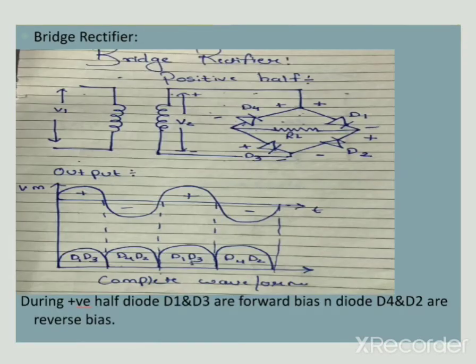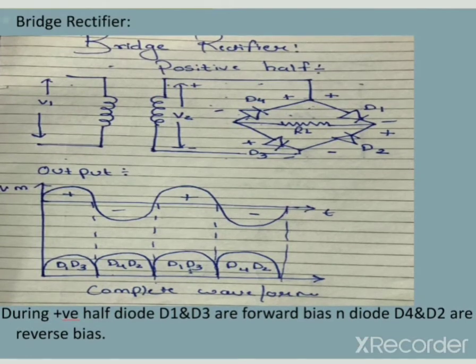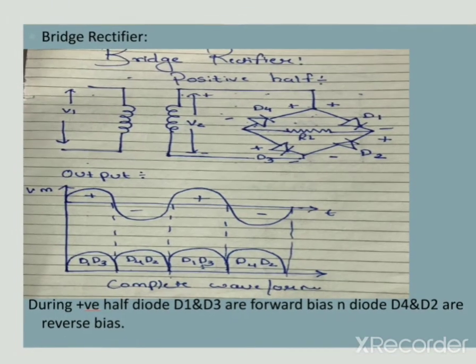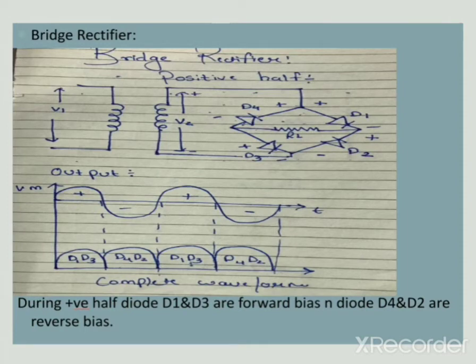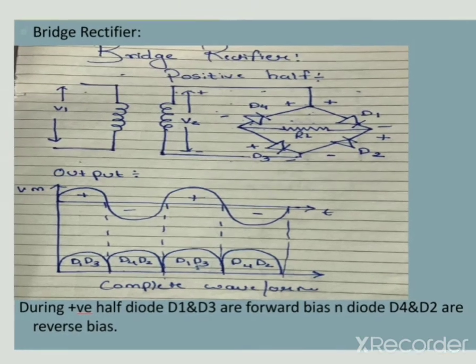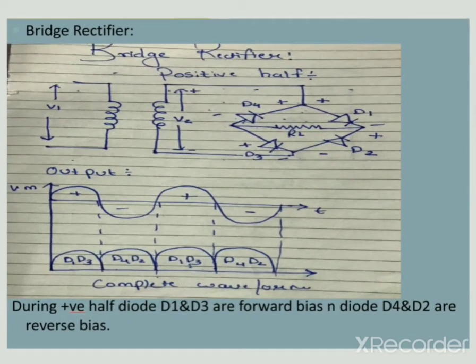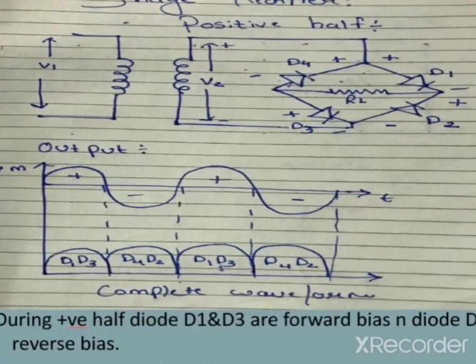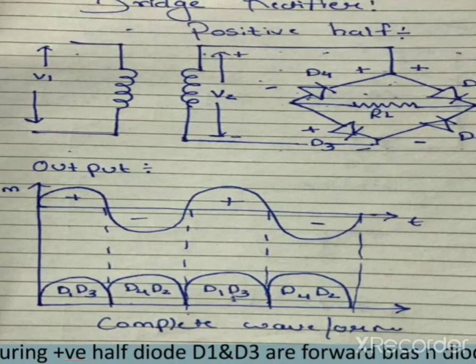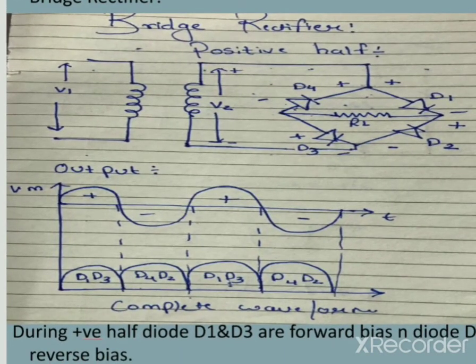Now coming to the bridge rectifier. In the bridge rectifier, we use four diodes. The four diodes form a bridge across RL. So during the positive half, diodes D1 and D3 are forward biased and diodes D4 and D2 are reverse biased. As you can see in the output characteristics of the bridge rectifier, in the positive half diodes D1 and D3 are forward biased. So here we get straight uniform DC output,